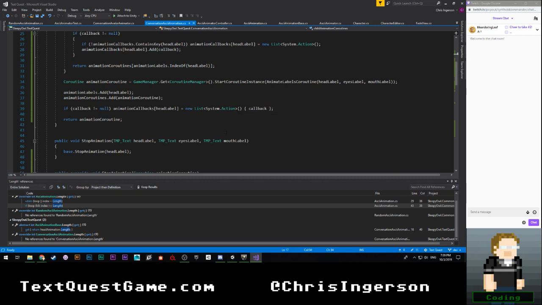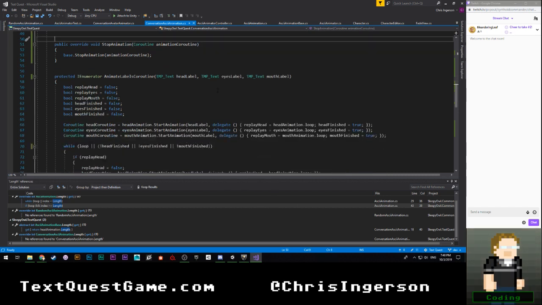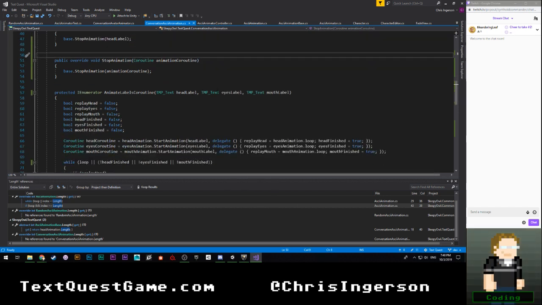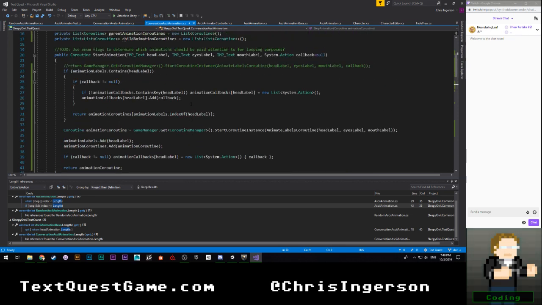So I need something else instead. I need a unique identifier for that coroutine. I do not know. Yeah, so the stop animation won't work. What can I do here? I can make a new GUID for each one. That would kind of coincide.